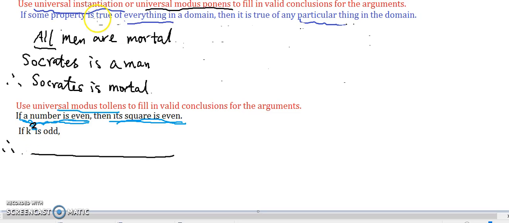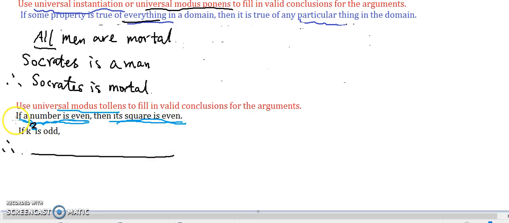Previously, we used universal modus tollens to fill in valid conclusions for the arguments. When we do this, we use the rule of universal instantiation, which means if a property is true for everything, then it should be true for a particular thing. So we're going to combine the universal instantiation and the universal modus tollens to fill in valid conclusions for this